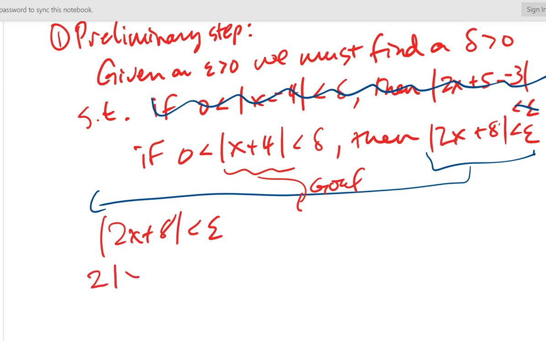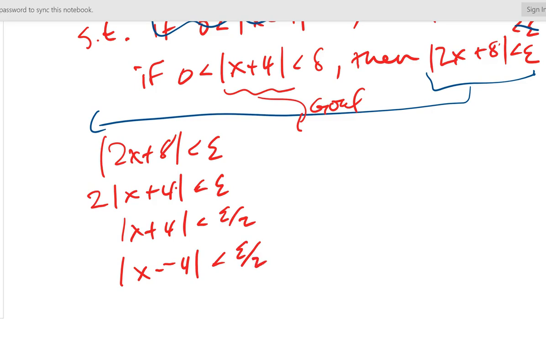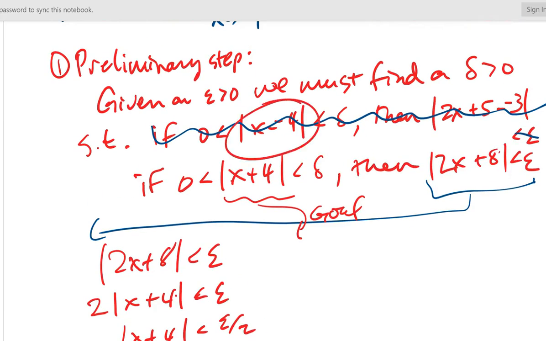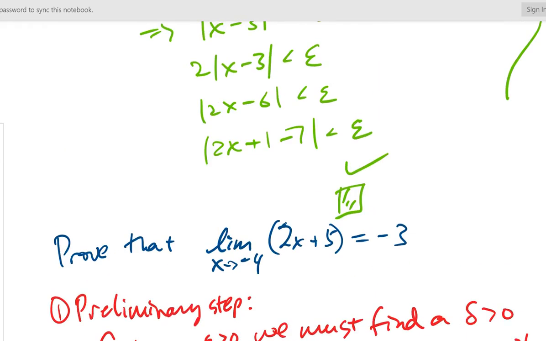We'll just take out the 2. |x + 4| less than epsilon, and now I'll divide by 2, less than epsilon over 2. And now make it look like the other one. |x minus minus 4| is less than epsilon over 2. X minus minus 4 is here. Okay, so we're going to choose delta to equal epsilon over 2. And so the proof, I did this in green,